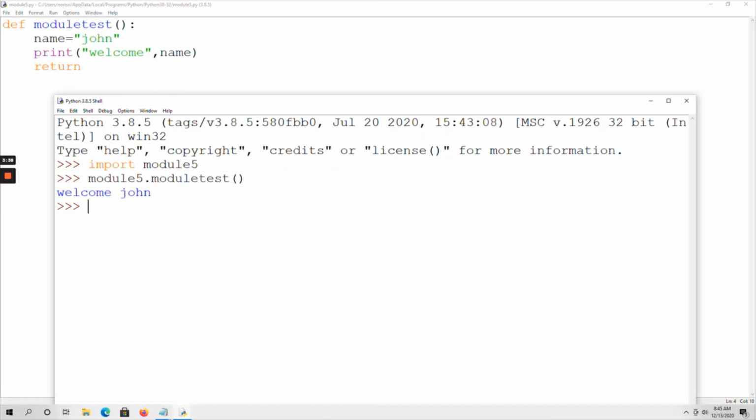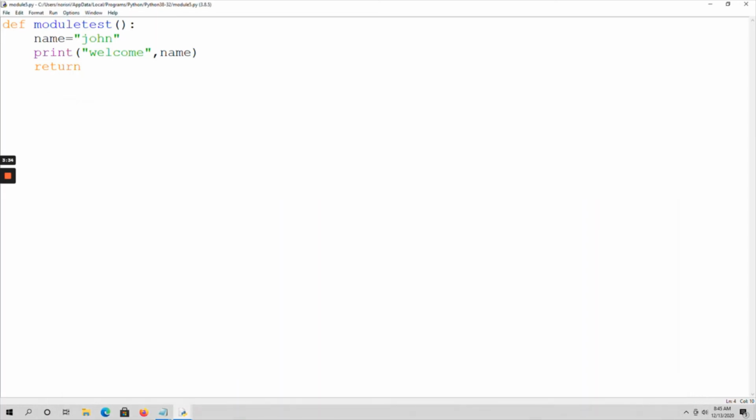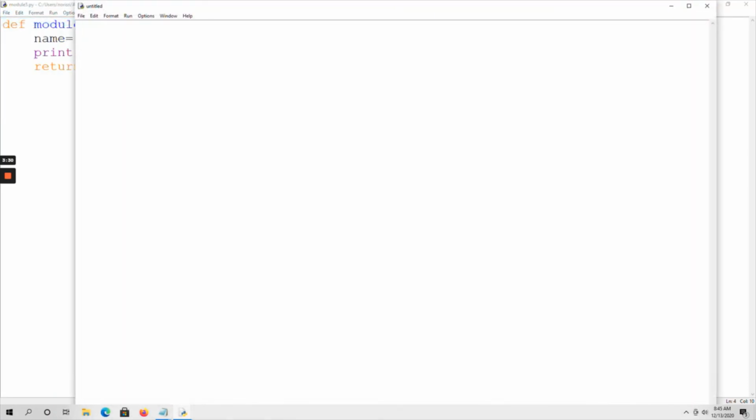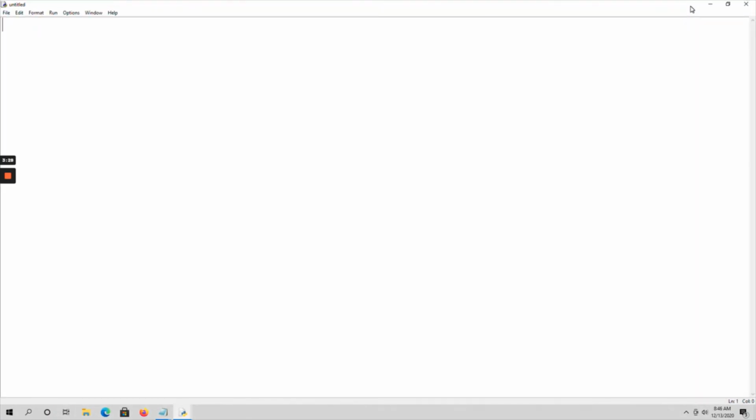Let me show another example for better understanding. I am opening another file. Here def test1 is my function name. I am taking two variables, a equal to 20 and b equal to 30.